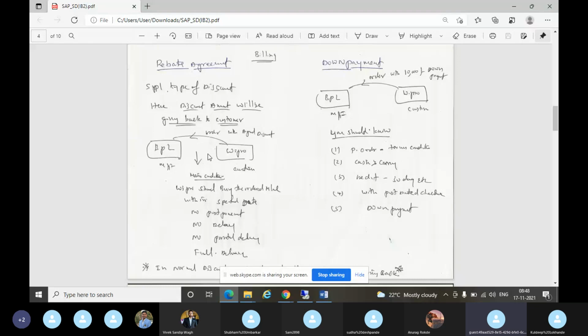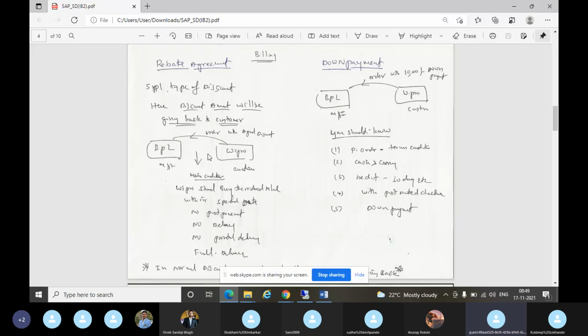The rebate discount will be given back to the customer as cash back in the form of money or material. If they don't want 25 lakhs, they'll give two Ciaz cars. Maruti Ciaz car is 12 lakhs. So they'll give two cars if they don't want money. So that is rebate discount or rebate agreement.